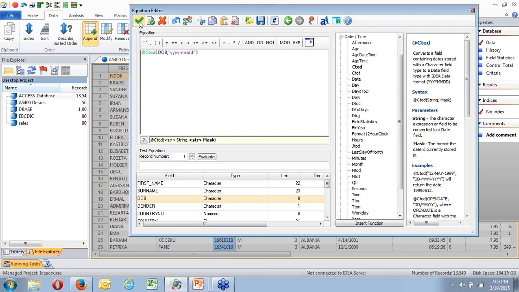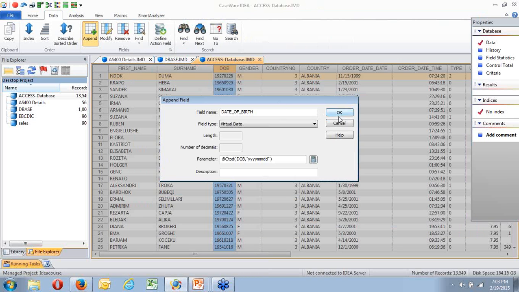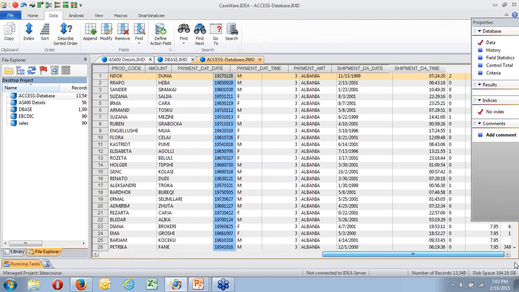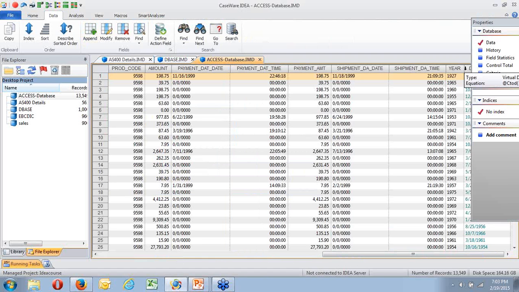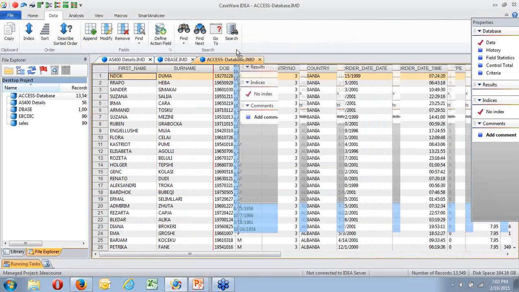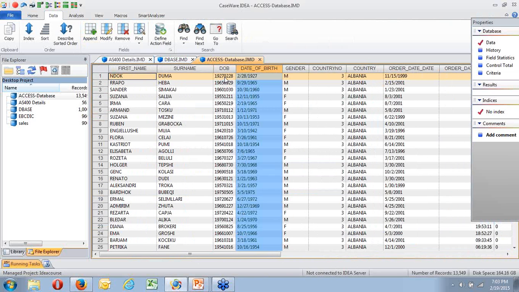And if I say OK now, and OK, you'll see there's nothing there, but over at this end, I have a virtual field, which is my date of birth. Now, I know that I can shift that and bring it along here. And there's my 1927-02-28 has now been converted to 2/28, month, day, 4 years.